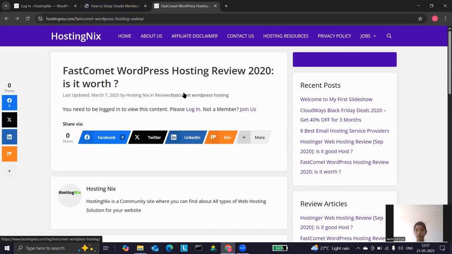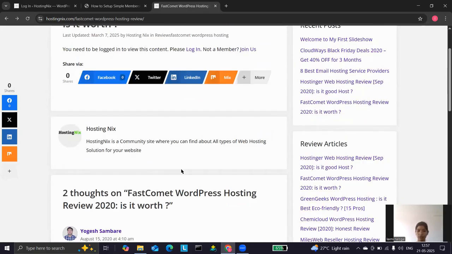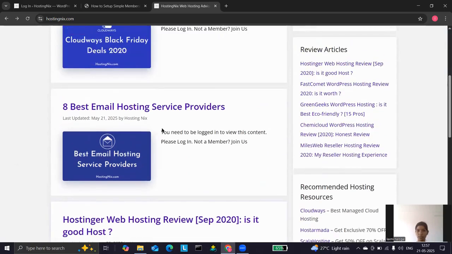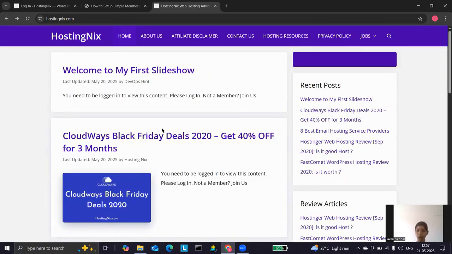For that we have to provide this login page URL to our membership settings. In general settings, we have to provide the URL for the login page, because it doesn't understand which page to open after clicking on login. So we will perform that. You can see there is a message displayed now. So we verified and tested that all the posts of our site are protected using the Simple Membership plugin, after performing all the steps.